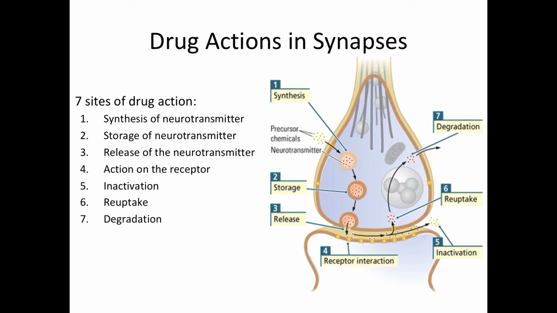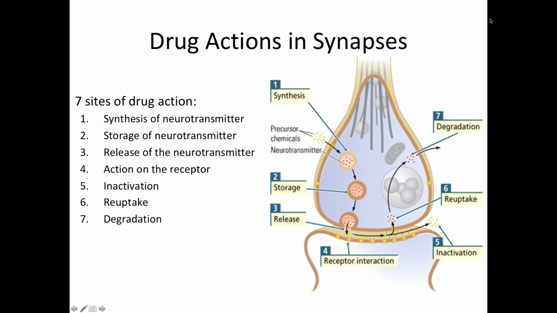Okay, so let's talk about drug actions in the synapse. Almost all psychoactive drugs have been discovered accidentally. Most psychoactive drugs work by influencing the chemical reactions at the synapse. So understanding this synaptic activity in the brain might help explain both the psychoactive effects of the drugs and their potential harm to humans. Here in the image, you can see several major events that contribute to synaptic neurotransmission. At each of these sites, a drug can act.